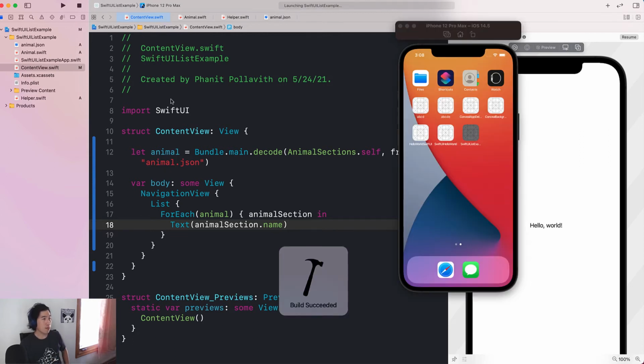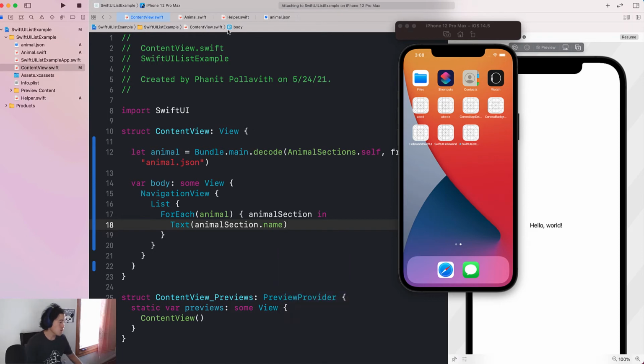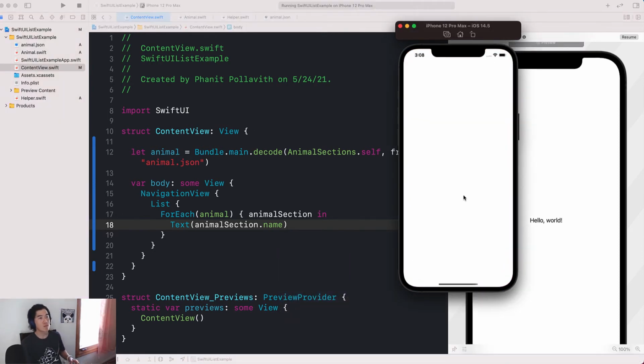Let's see what shows up. Okay, that's good. So at least all three of our sections showed up: our fluffy animal section, our swimmer section,